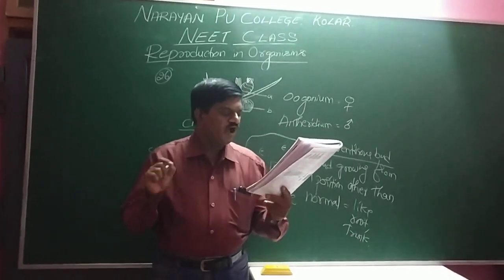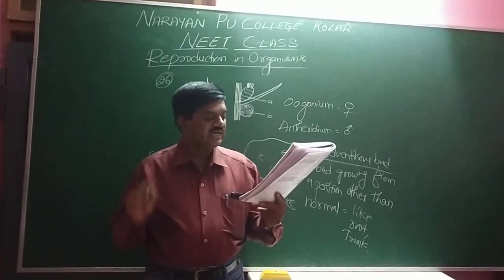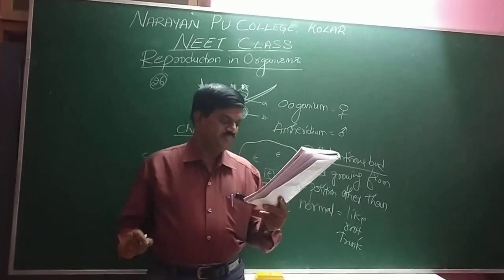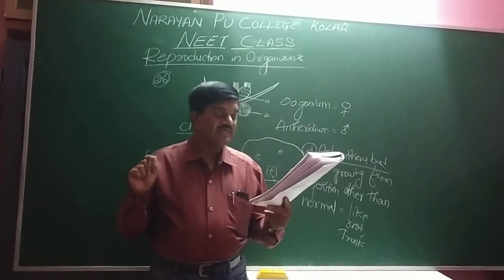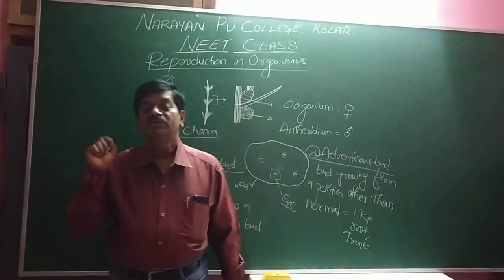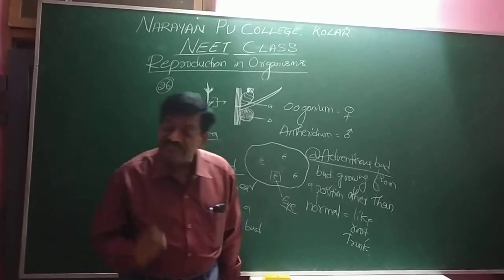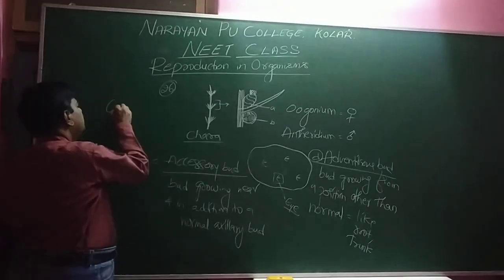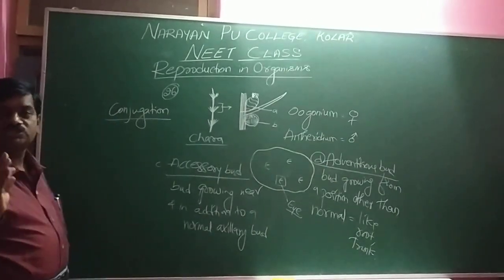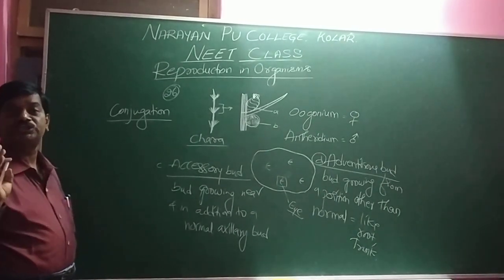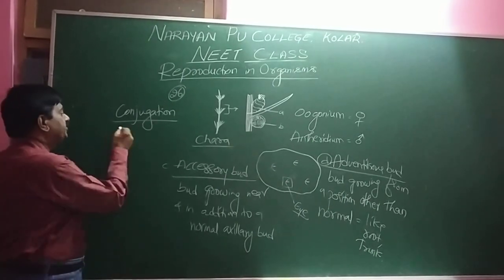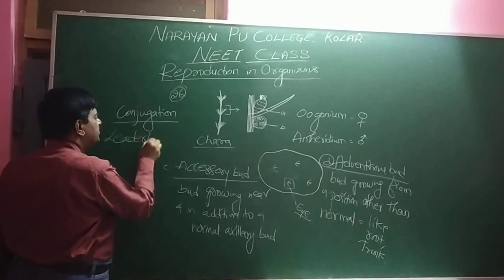Clone formation occurs in bacteria. A clone is nothing but a Xerox copy of the parent. As I said, the genetic material will be the same. Similarly it occurs in bacteria. The options are conjugation. Conjugation is a sexual reproduction in bacteria. Important for your NEET exam, conjugation is the fusion of two cells by the formation of a conjugation bridge called sex pili or cytoplasmic bridge. But here, this was discovered by Lederberg